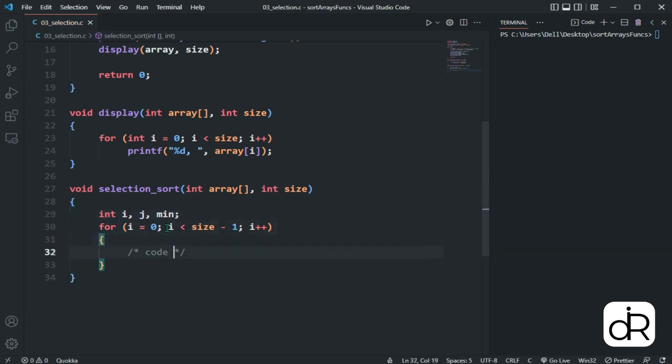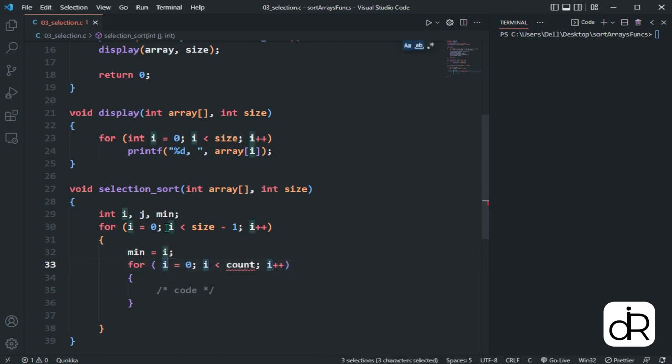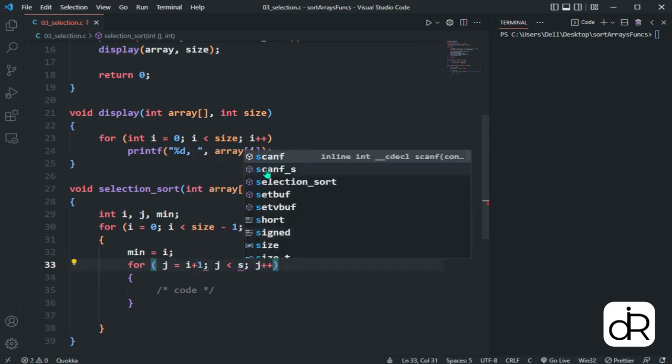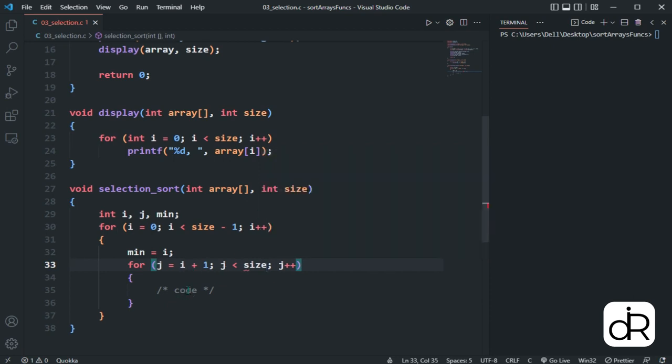So min is going to be equal to the first index, i. Then we're going to run another for loop from j equal i plus 1 up to the size. Like this. What we're going to do here, we're going to check